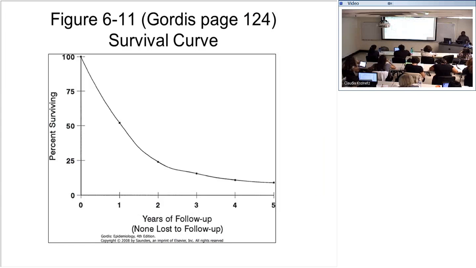So we can also have a survival curve like this, which shows, at least when we did this, you can know that this is my probability of surviving for the first year, for the second year, for the third year, for the fifth year. That's it.